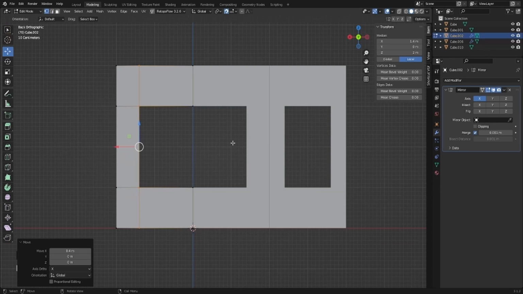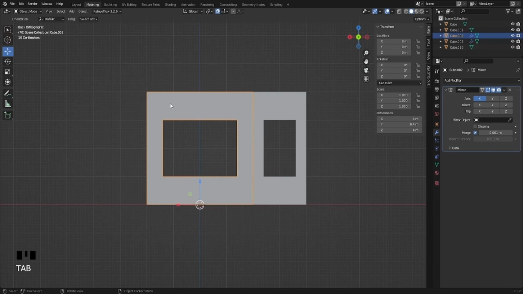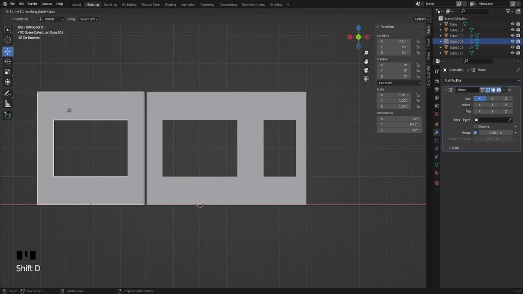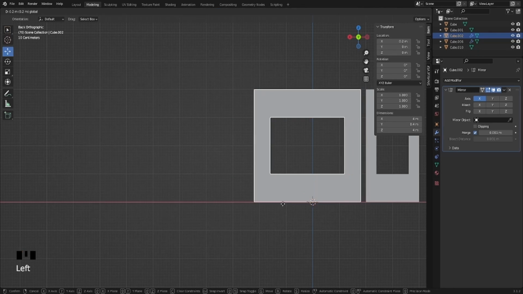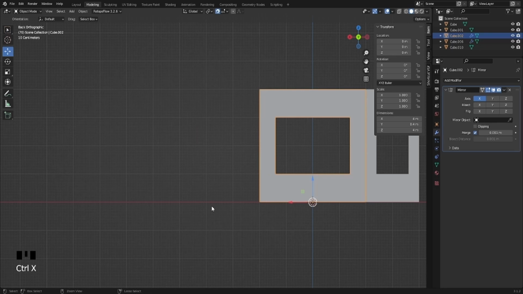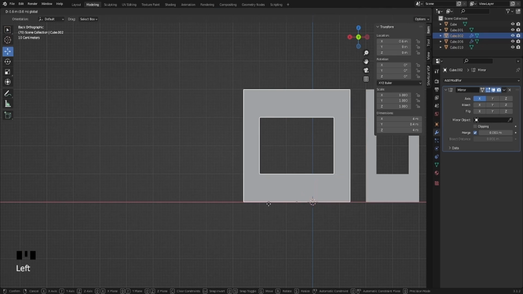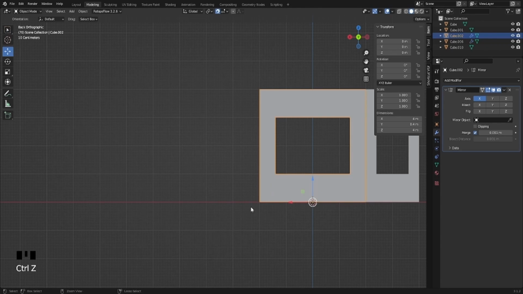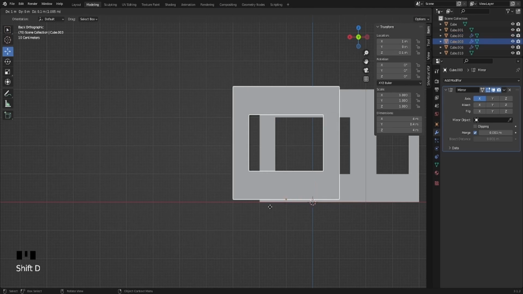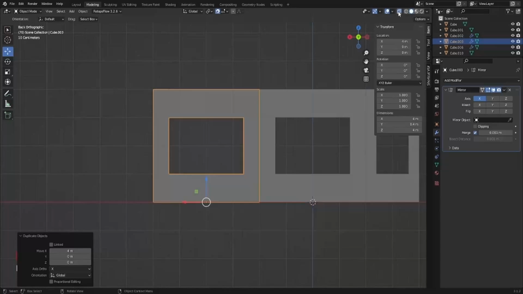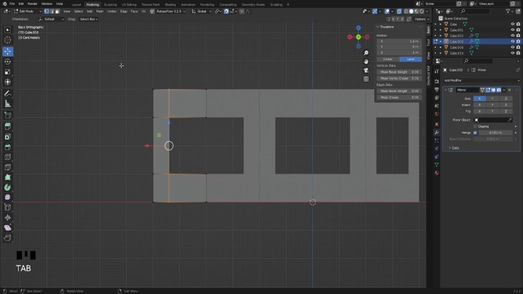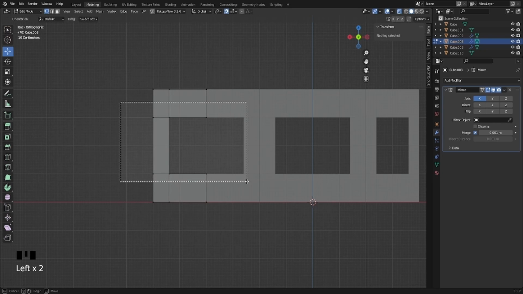And again, we can make variations to this. Like, we can just as quickly grab this, duplicate it. I didn't snap that properly, so why are you not working? Oh, because I'm pressing Control D. It's Shift D to duplicate it. And I'll go into X-ray, edit in vertex mode. I'm going to select these middle guys here,